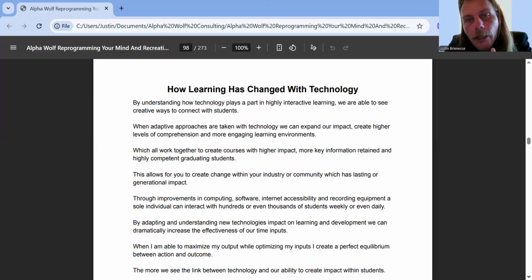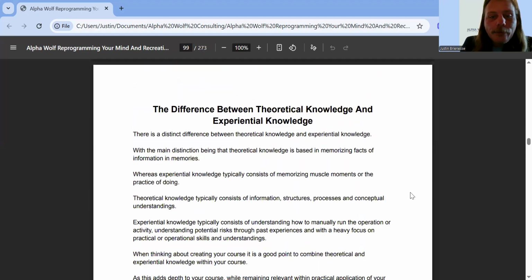So we just think about technology as being a way to amplify the conceptual understanding of what we're speaking about. Does this sort of make sense? So we cover that. And then we look at the difference between the theoretical knowledge and the experiential knowledge. So understanding how we combine the two to create effective ways of communicating, because essentially that's what we